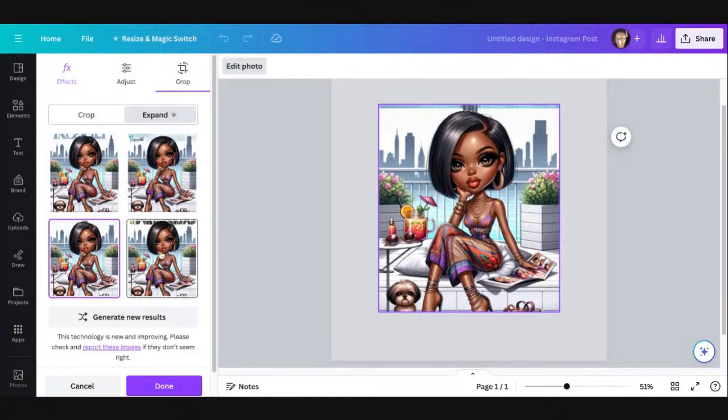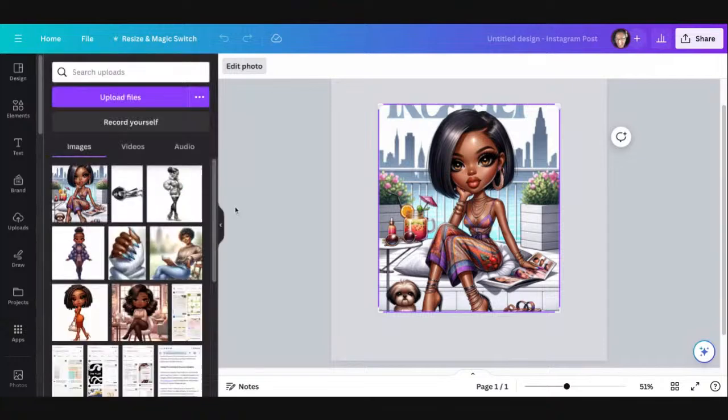Let me see. I think I'm going to go with, and I have an idea what I'm going to do to get rid of that stuff. Well, I'm gonna try to get rid of that stuff, but let me see. I like this one only because even if I can get rid of that, this blue is not horrible, so I may go with that one. Or actually, then all I gotta do is erase that. So what I'm gonna do is I'm gonna try to go in Magic Eraser and see if I can erase that. That's what I was thinking. So let's rock with this one. So I'm gonna say done.